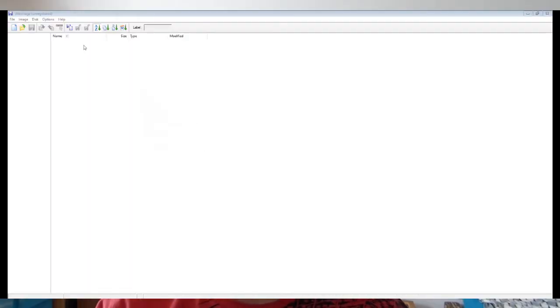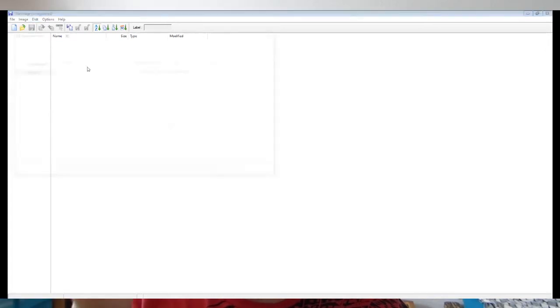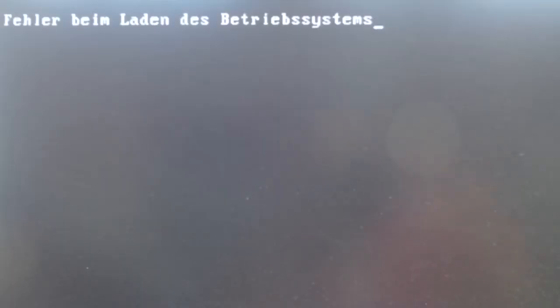What I tried was using WinImage to make an image of this Oberon system on this compact flash card, and push it onto another disk. When I inserted this new disk in my target system, I got a boot error. So I tried another